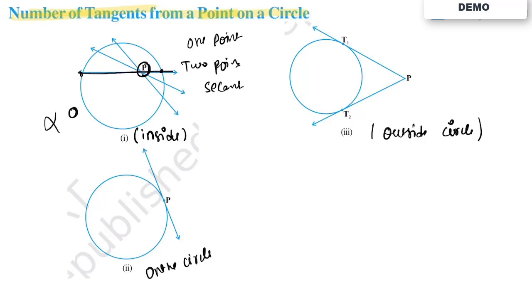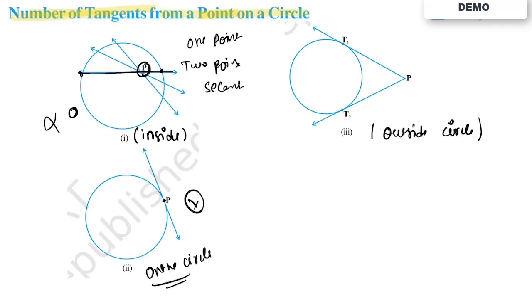Okay, so when it is on the circle, I already told you, you would be just able to draw one. Now let me try to draw another one from this point. You see, I won't be able to draw. If I try to draw like this, it is two points. Like this, two points. So you can draw only one tangent from one point if it is on the circle. Okay, this is clear. Only one tangent when the point is lying on the circle.